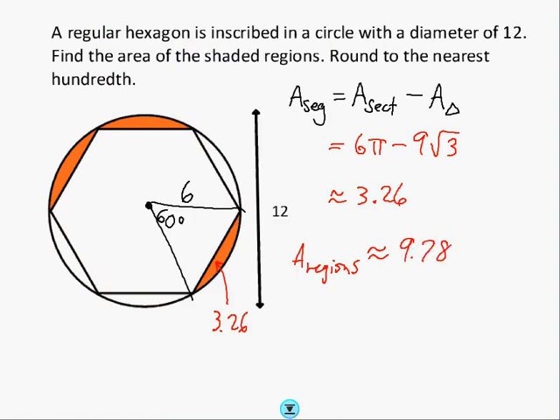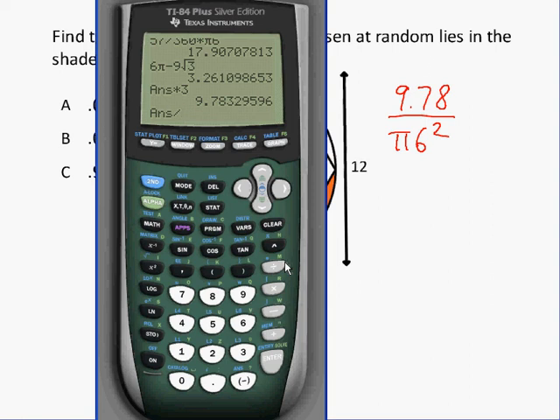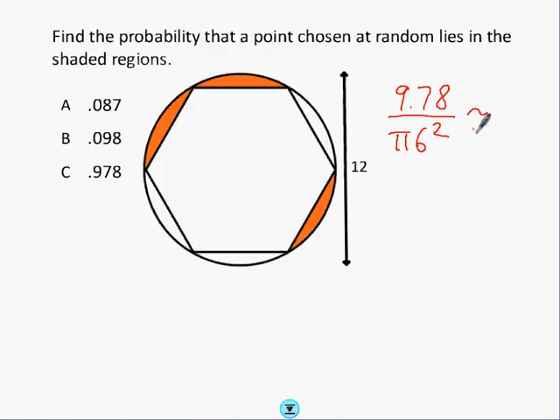Okay, 9.78. One more question. What are the chances that if I pick a point on this circle, it's in one of those regions? I'm going to do want over can. The area that I want to land in is about 9.78. The area that it can land in, well, it's a circle, pi r squared. So I'm going to divide 9.78 by pi times 6 squared. And it's approximately 0.087. Okay, I'd say that's about a 9% chance. It's a very small